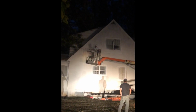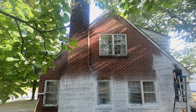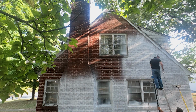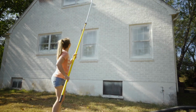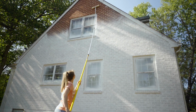Oh, and if you saw last video and you're wondering why I was in a Tyvek suit on a boom truck in the middle of the night painting the top of this house, well, you see, we fully intended to paint this whole house with that sprayer, that stepladder, and that roller. That extension pole will actually go to like 24 feet, so I can get to the top of the house no problem. But when it's fully extended, it gets a little floppy, and you can't really get enough pressure to